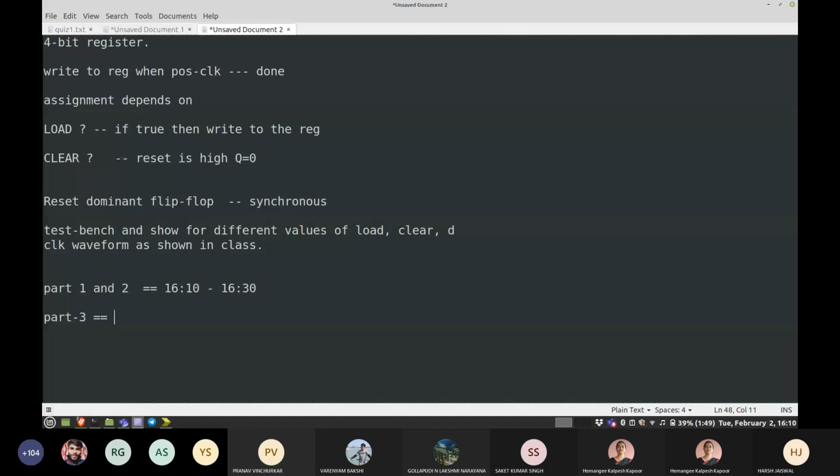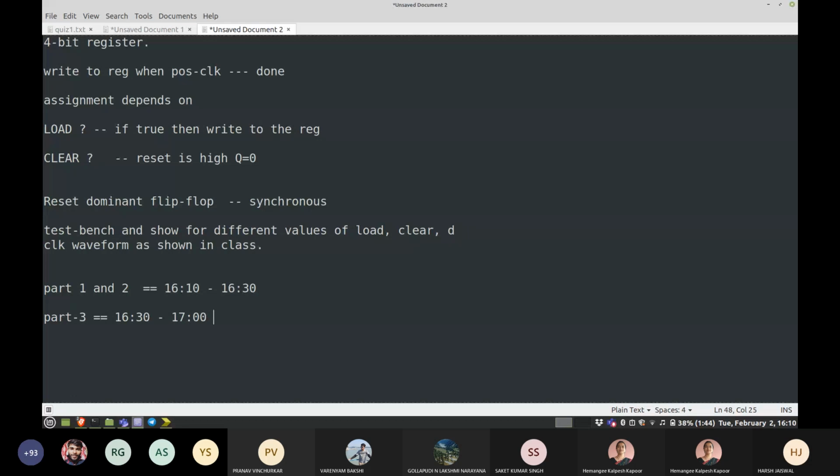And part 3 is again 15 minutes of programming, not even 15 minutes. You already know the register. You just have to extend it to 4 bits and then add if and else statements in the always block. So as straightforward as that. If you start this at 16:30, max you will be done by 17 hours. So both are 20 and 30 minute assignments. And even if you finish everything at 5, you should finish your evaluation by 6 o'clock. Okay, so good, best of luck, and any doubts you can ask or leave the call and start the assignment.